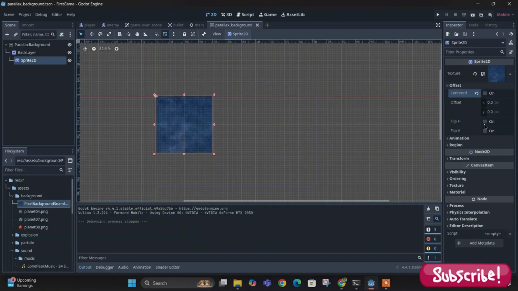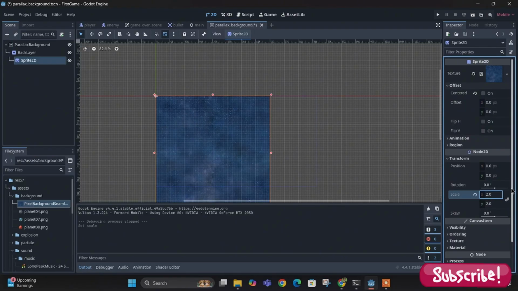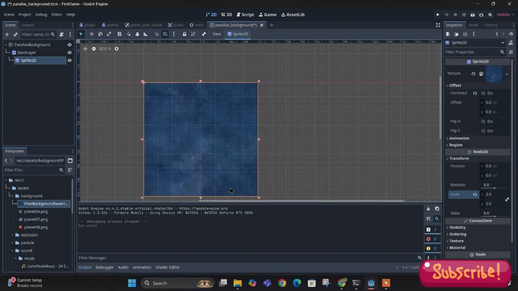So to scale it, what do we do? We click on the Sprite2D. Here in the transform, we can just scale our image. Let's make it twice the size. Okay, and if you look at the image here, it has got full